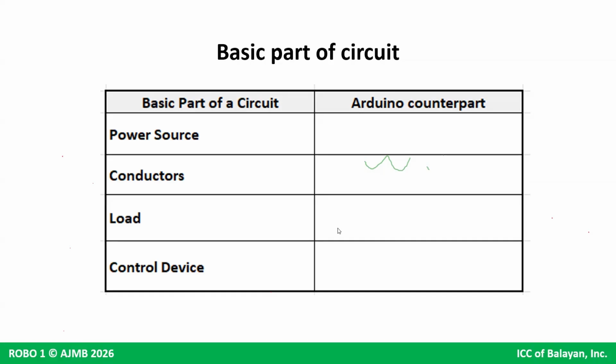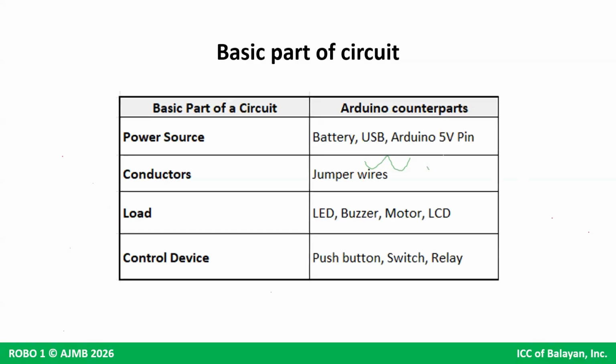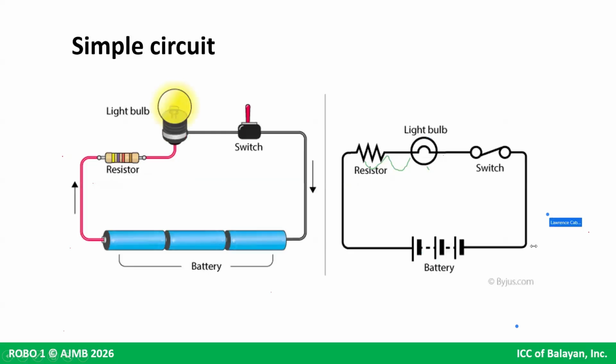Servo motors, yes. Control devices, sometimes you want to open it, you want to close your circuit. Now, what are your control devices? The switch, what's our term? Push button, yes, exactly, Javelin. Push button, you can also use potentiometer. Yes, that's correct. Blue. Good afternoon po. Yes, good afternoon. Potentiometer. Transistor, although I'm not going to have you use a transistor. Okay, relay switches is also. Okay, so that's very good. You get the analogies.